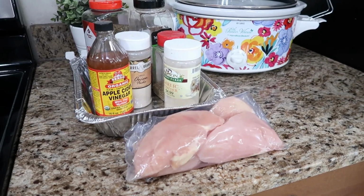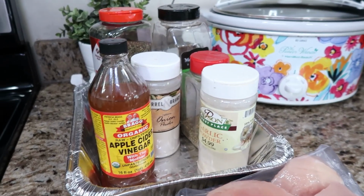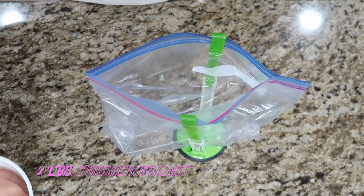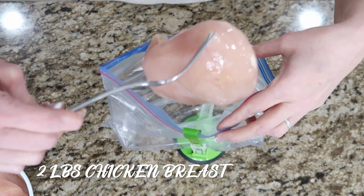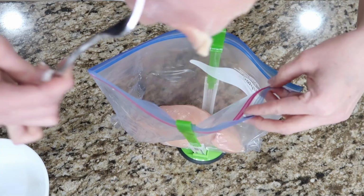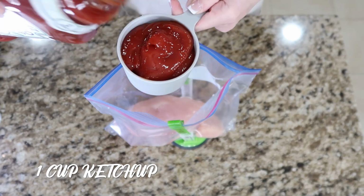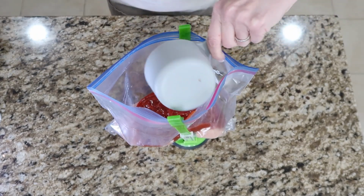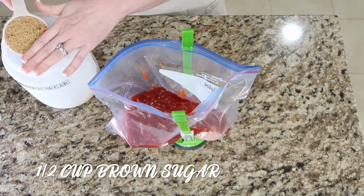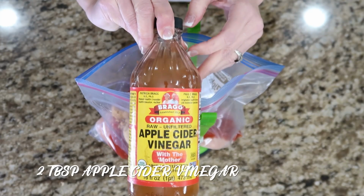Our next slow cooker freezer meal is a Zesty BBQ Chicken. We're going to ditch the bottled barbecue sauce and make our own. Ooh, yummy. Get ready. This one is a good one. Okay, we're gonna add our 2 pounds of chicken breasts into our bag. You'll need 1 cup of ketchup. You'll need some brown sugar, and you'll need 1/2 cup, 2 tablespoons of apple cider vinegar,